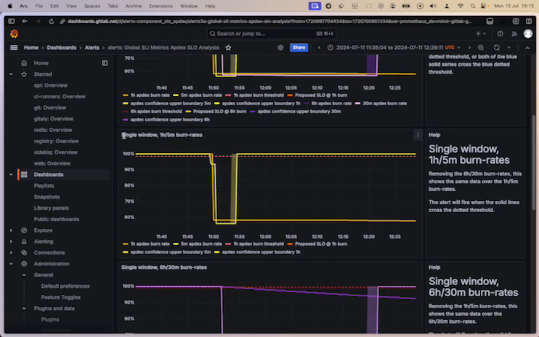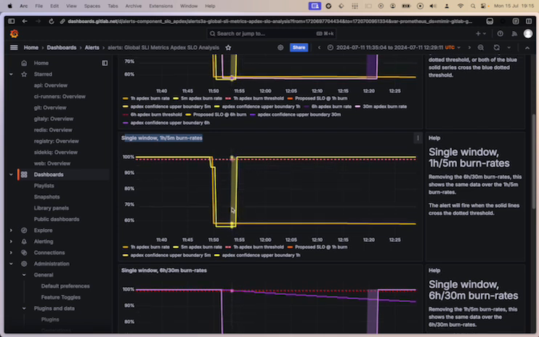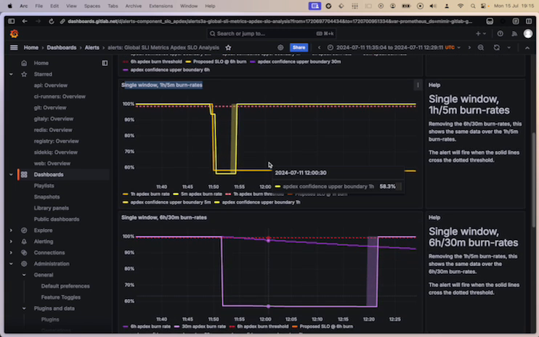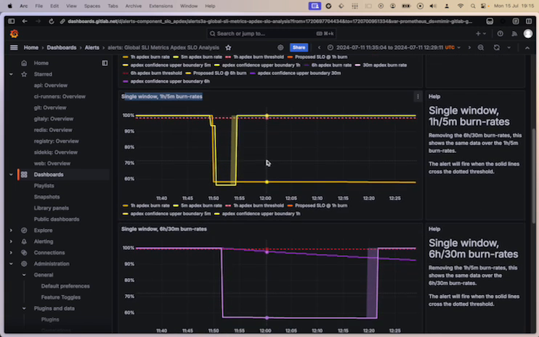So here is a single window, 1 hour, 5 minutes, and you can see that over there is the confidence interval. So as you can see, it still is looking pretty poorly, and this would probably still trigger in around about the same amount of time, unfortunately. See, the problem is, I think with this alert, what we're actually seeing is the spike is when the